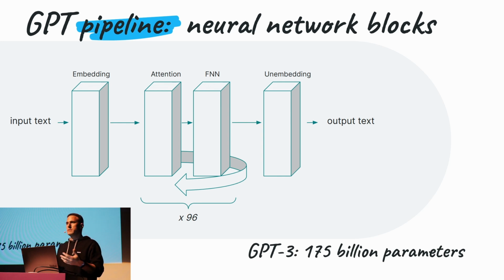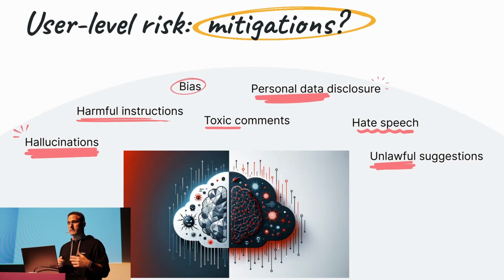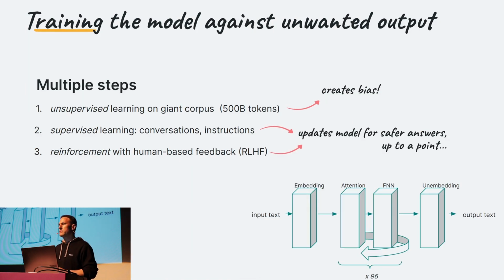So you see, it's all based on the same neural network context that we were talking about a minute ago. Okay, so now we get a sense of what is happening, and what can we do about these risks that we were talking about before? How do we mitigate these risks of hallucination, unlawful suggestion? How can we reduce the chance of this output being produced? There are two techniques that the developers of large language models are using in general.